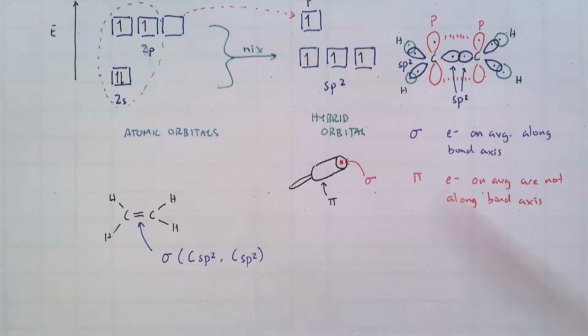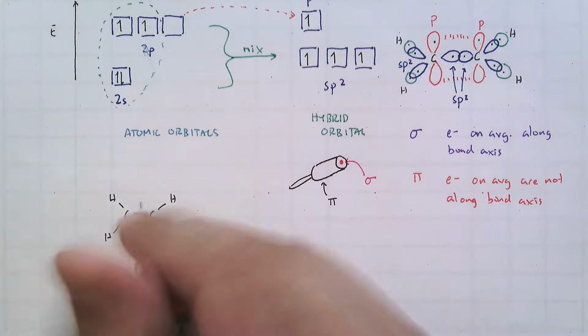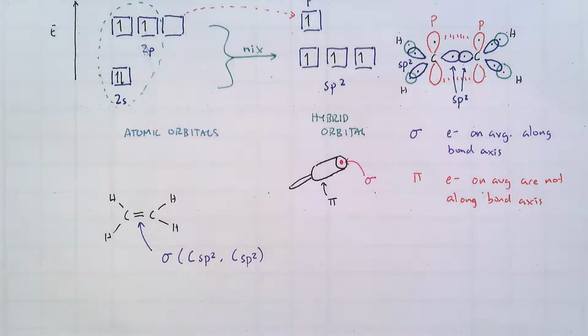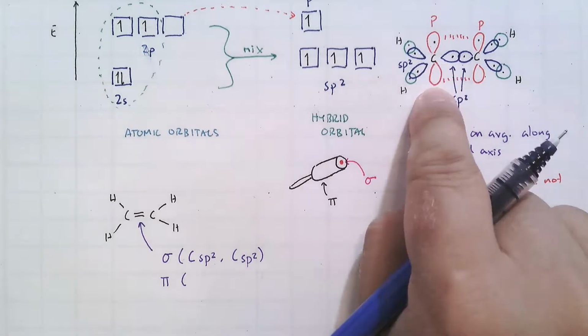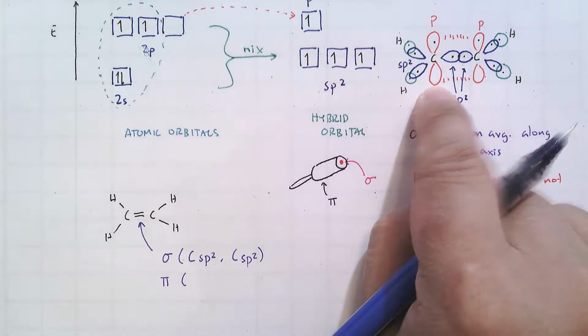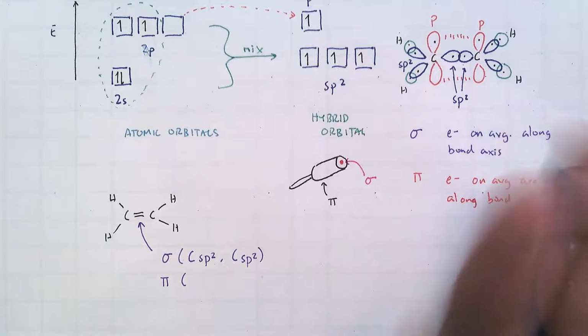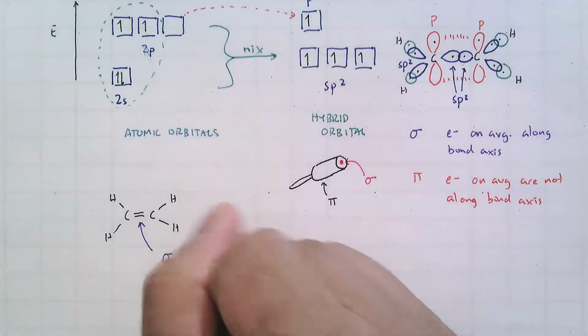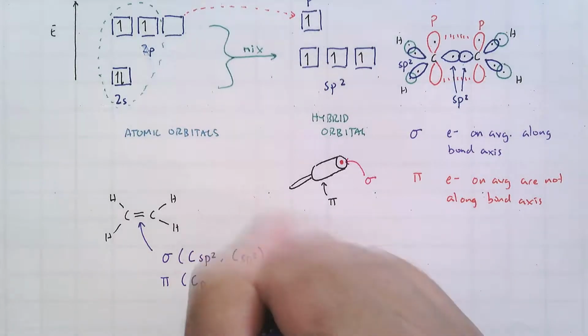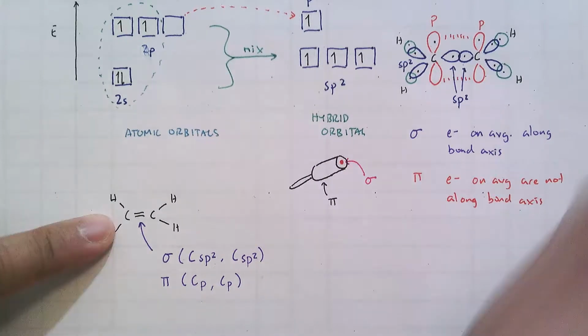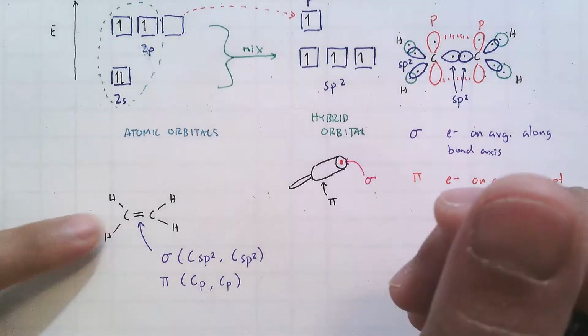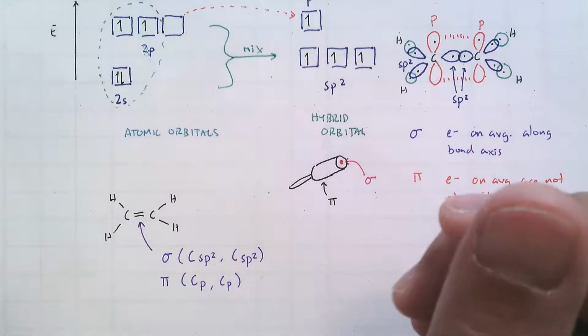But we also have a pi bond, and I'll do this in purple. We have a pi bond between a carbon that has a p orbital overlapping the p orbital of the other carbon. So we have Cp, Cp. Okay? So just remember that a double bond is going to be a sigma bond and a pi bond, because